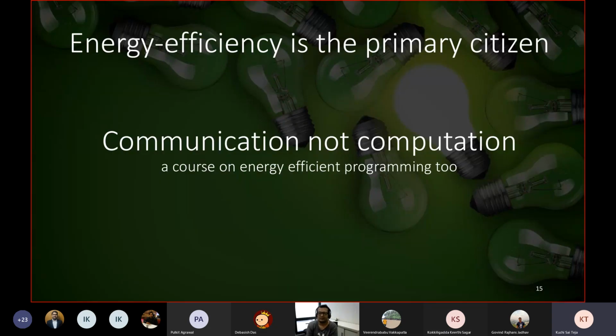Next thing that we discussed over a few lectures and a few papers was energy efficiency, right? And we discussed that in the modern era, communication is the bottleneck or the problem to solve, and not the computation, right? Especially in the context of domain specific accelerators or architecture, you will find that getting the data from one source to another destination is the bottleneck. And how can you write programs in such a way that you reduce the communication cost?